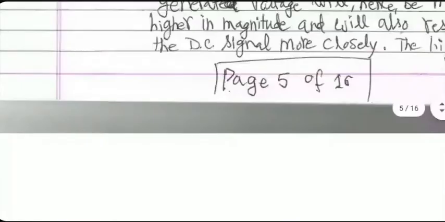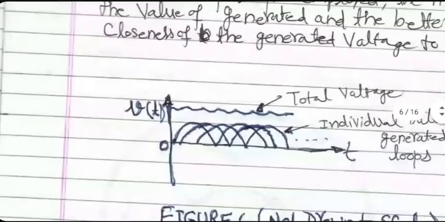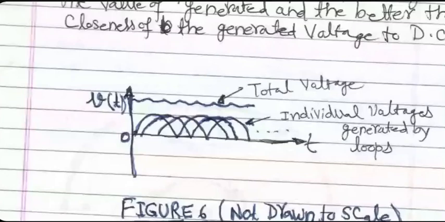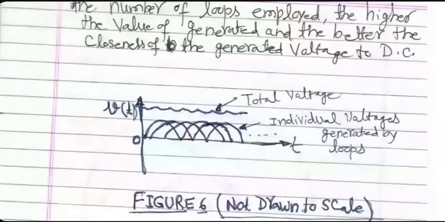Second conductor, second loop, because it is displaced by a certain angle, it will start its waveform a little later. But that would also be a unipolar waveform. Third one will also produce something similar but shifted along time scale or along theta scale. So the total of all these EMFs that you are getting, if you do it mathematically also, you can prove that this total will have a behavior which is much closer to a constant behavior with time.